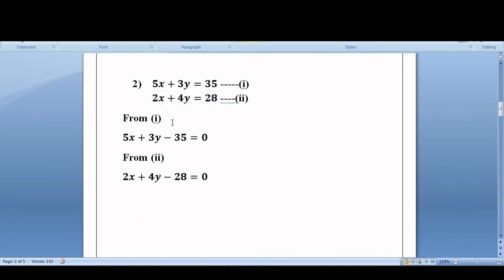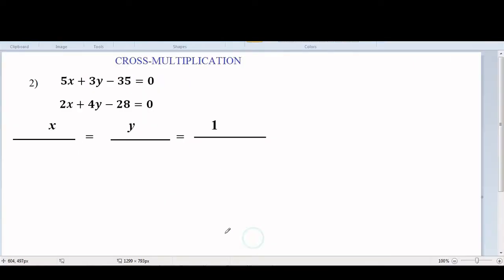Here in the problem number 2, I have already arranged equation 1 and equation 2 just like the previous one, that is just shifting all the constant terms to the left hand side. Now let's see this problem. So here I have already constructed the formation like the previous one. Now it will be very much easier. I am explaining the method once again.